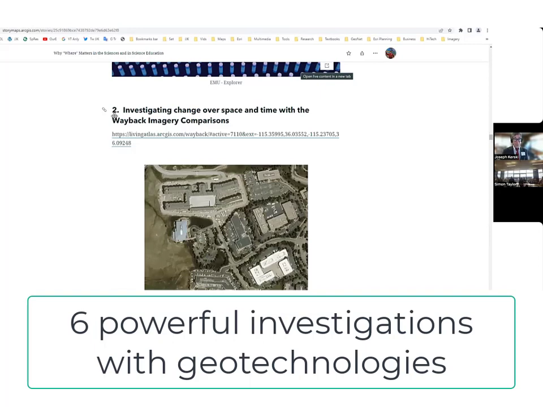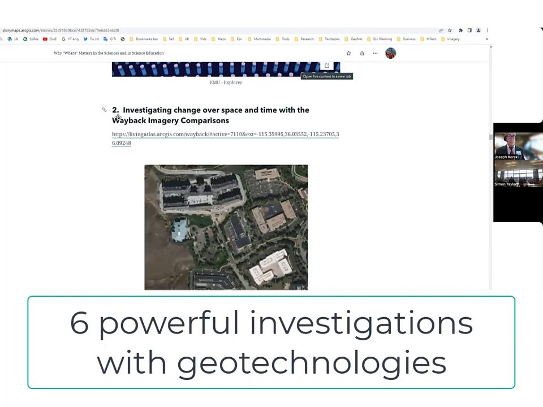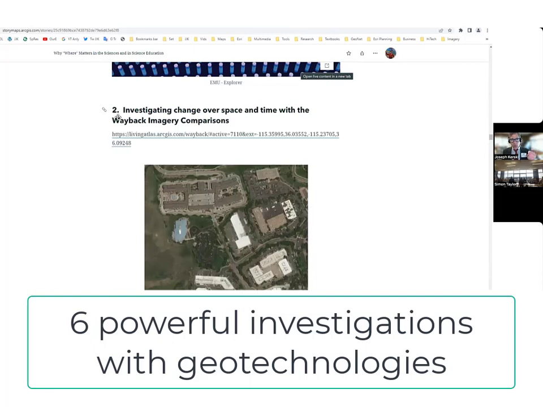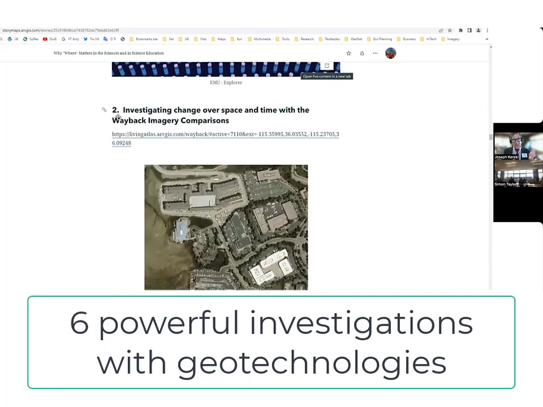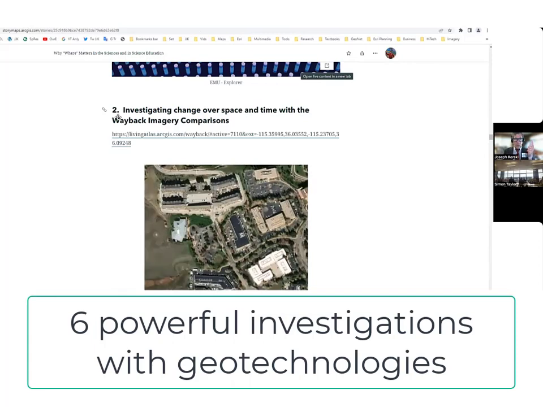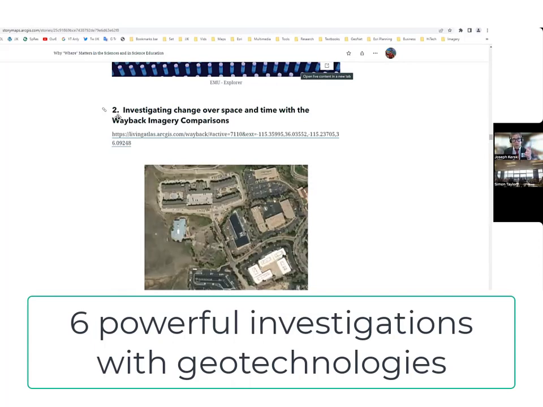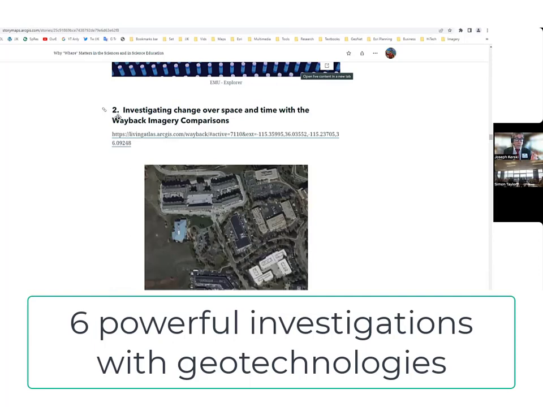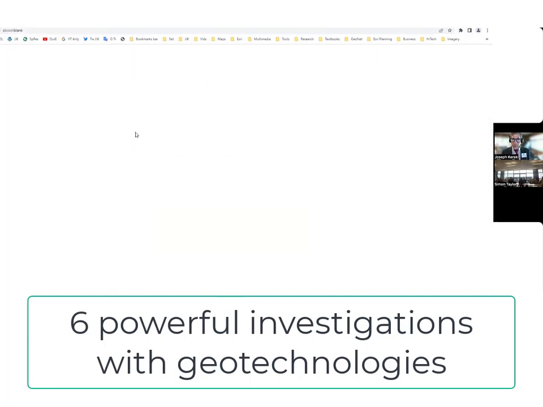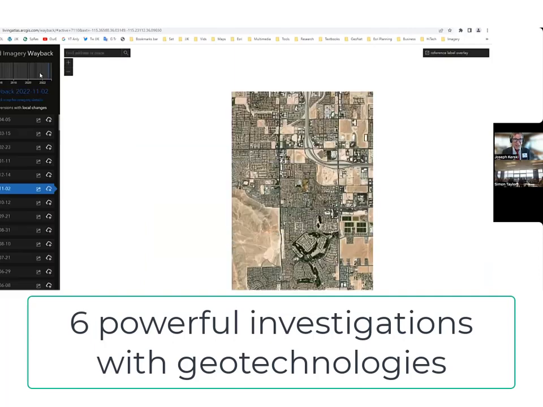Another one is the Wayback Imagery. This is all part of something my organization hosts called the Living Atlas of the World. Ooh, the Living Atlas of the World. It implies two things. A, that the content is actually living. In other words, it gets data from Internet of Things feeds, stream gauging stations, earthquake epicenters, traffic, wildfire perimeters, etc. So another tool in there is called the Wayback Imagery.